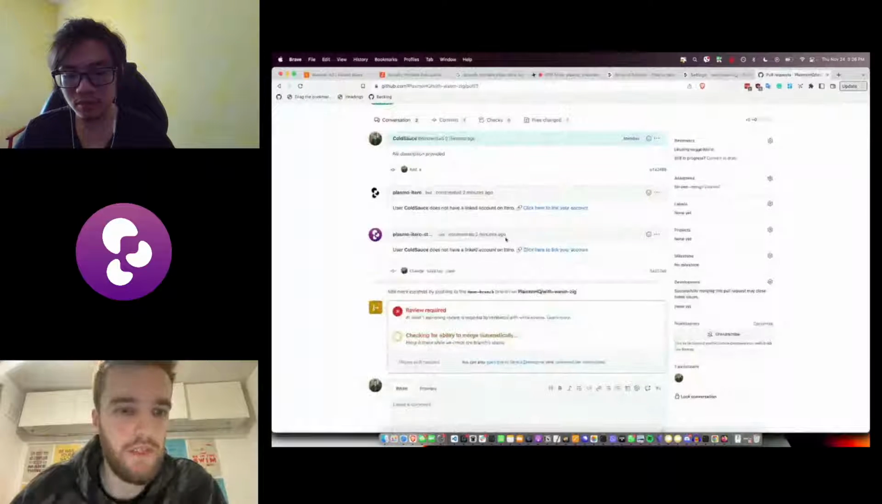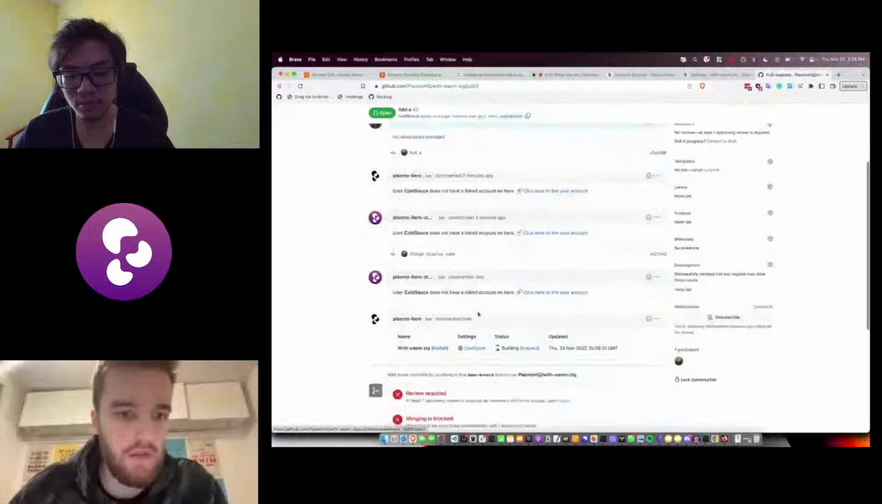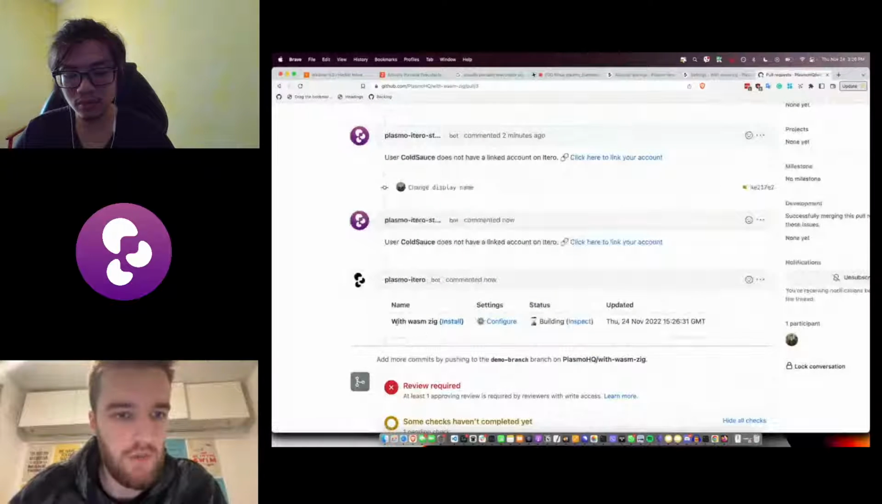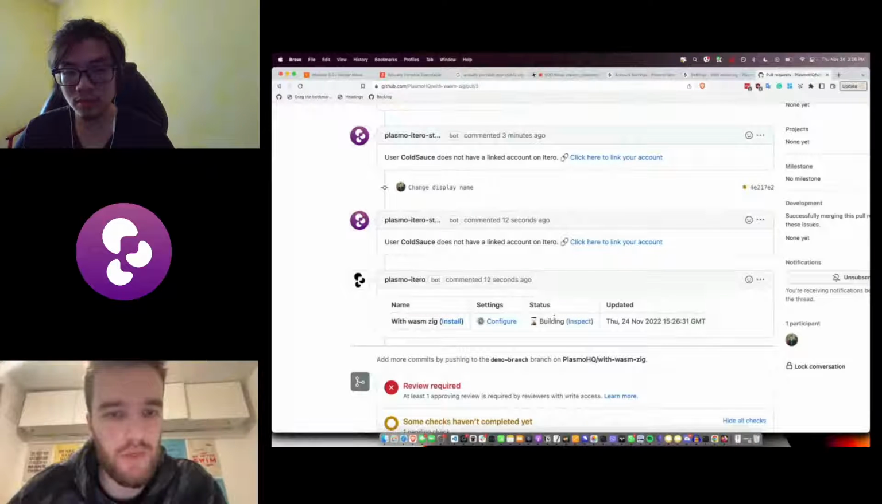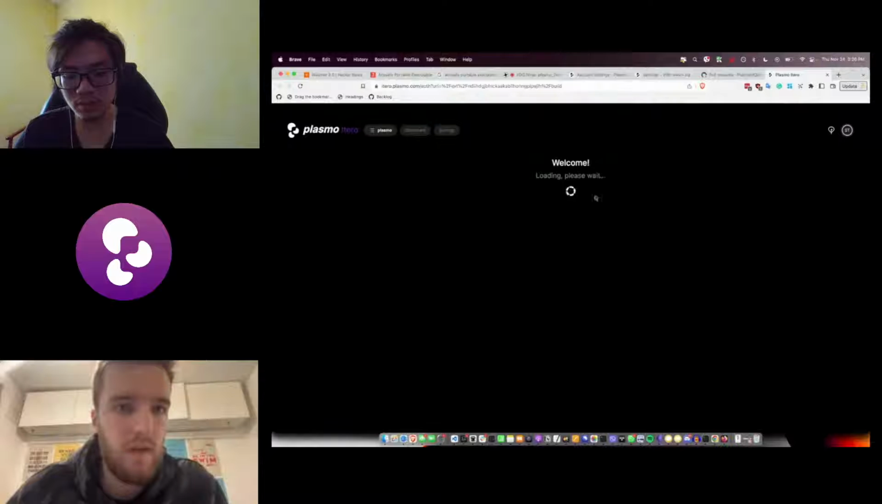Awesome. So we made that change, and now what you're going to see is this is the staging, so don't worry about that. And then for the actual prod version, we see with Wasm Zig, and it's currently building. Now, if you want to see what's going on, you can just wait here because it will edit itself and it will say it's complete. Or you can actually go in here and inspect the